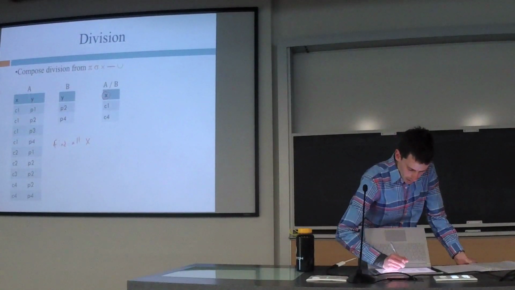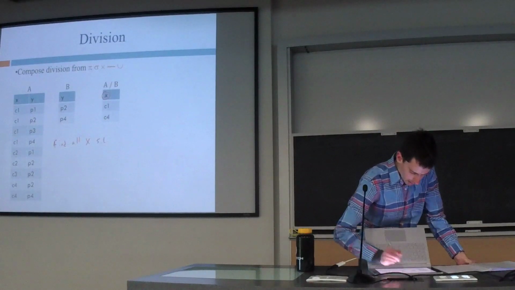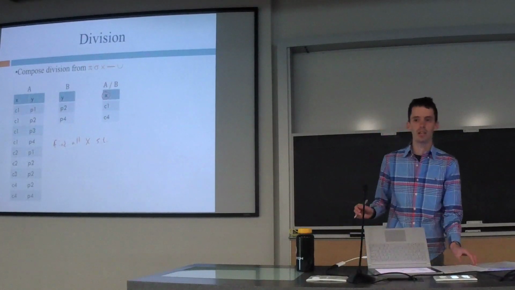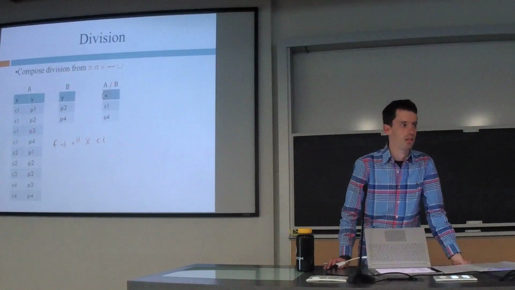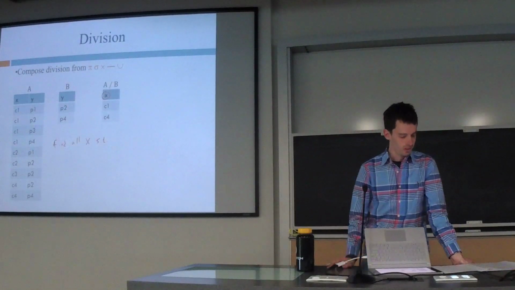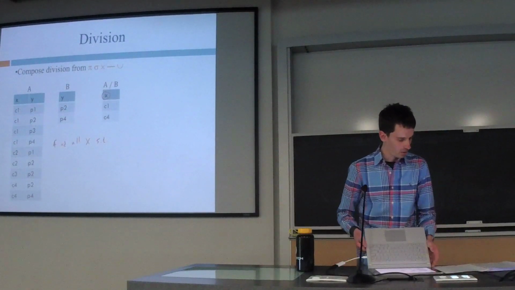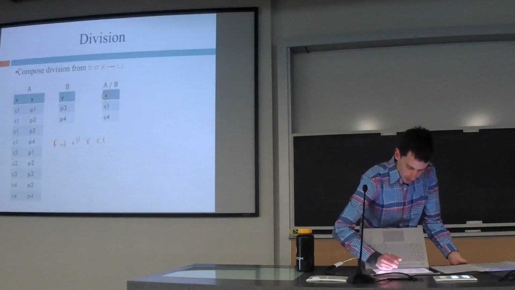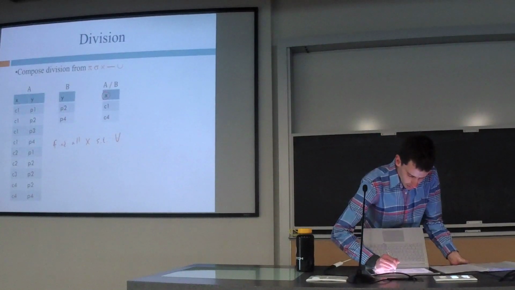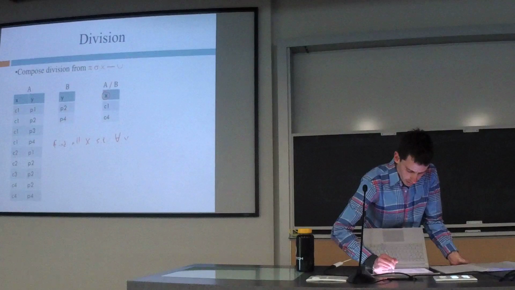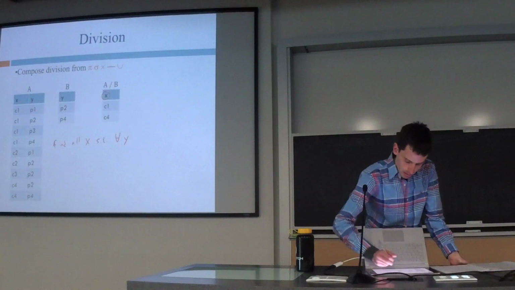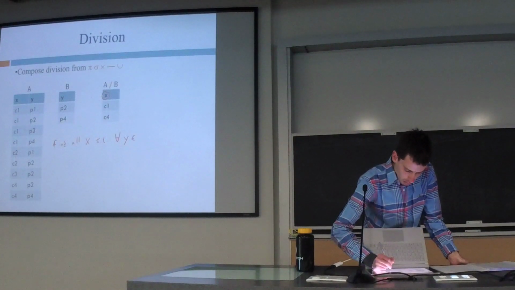So we want to find all X such that, and I'm going to start using a little logic notation, so don't be thrown off by it too much, but I'll explain. Such that for all Y in B,